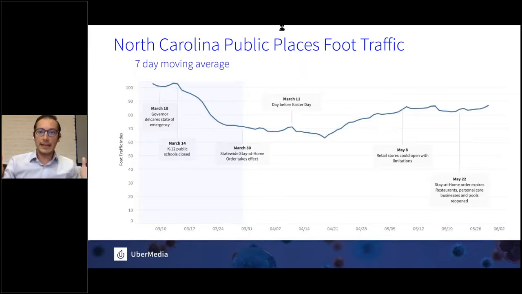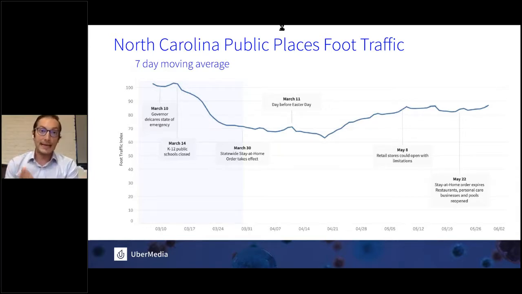Public schools closing, parents need to stay home to watch their kids. Foot traffic across the industry level falls off a cliff almost, and rightfully so. So many people are staying at home. So many people are worried as well. There's so much unknown about COVID-19 that so many people are staying at home, that by the time the statewide